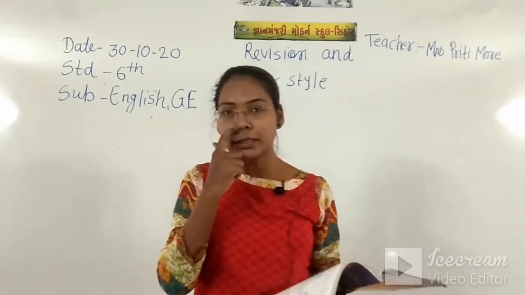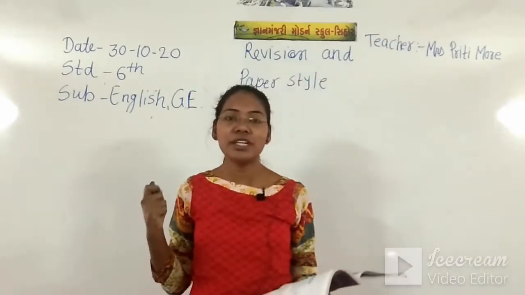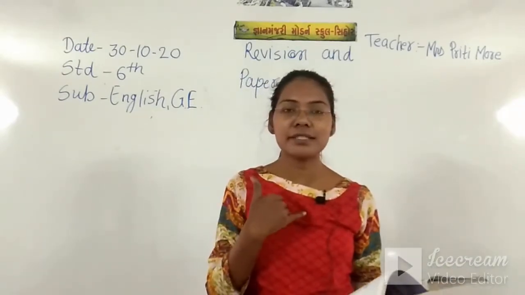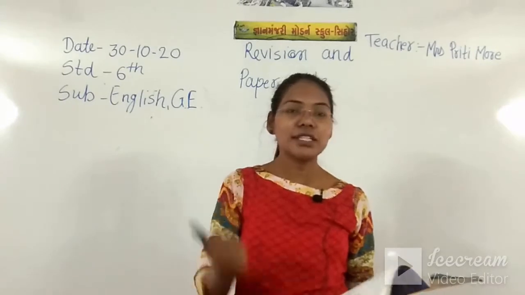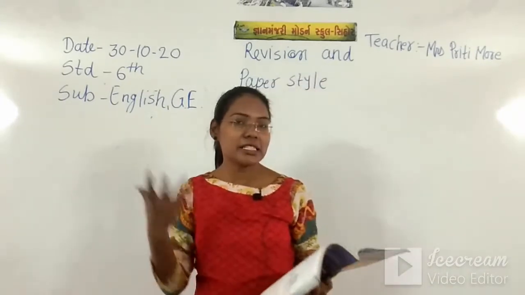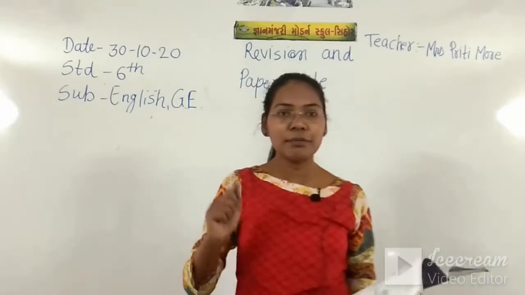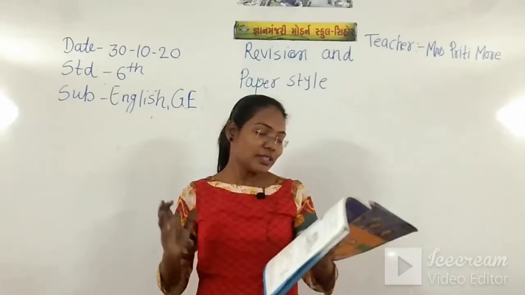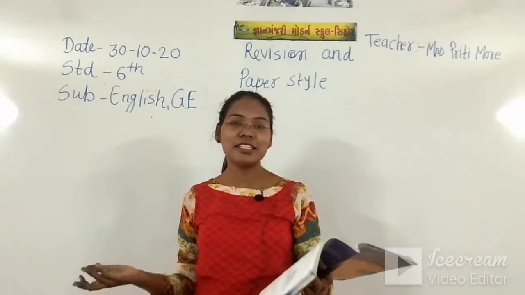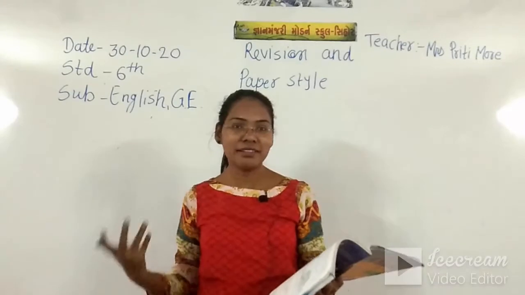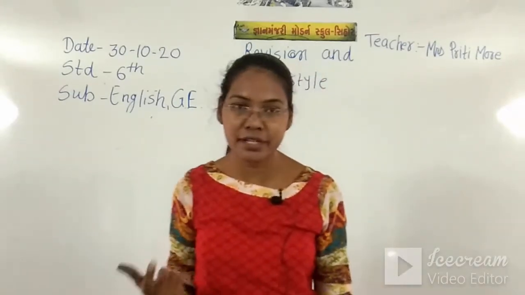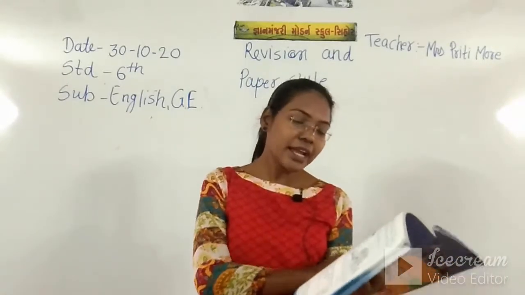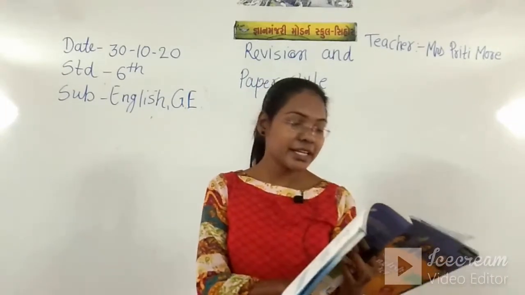Abstract noun means the word which we cannot touch and we cannot hold, we cannot see, but we just feel it. Like honesty, honesty हमको दिखती नहीं है. Happiness, beauty, we cannot touch the beauty but we can feel it. It's our vision to see the beauty. So anger, honesty, beauty, happy, delight, these all the words are the abstract noun. I already explained everything, and exercises also we have completed.